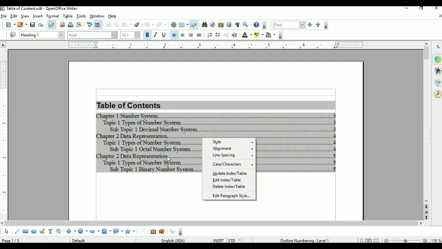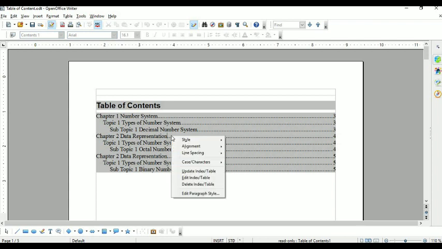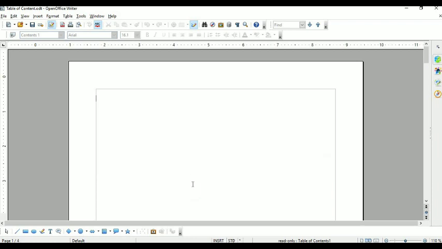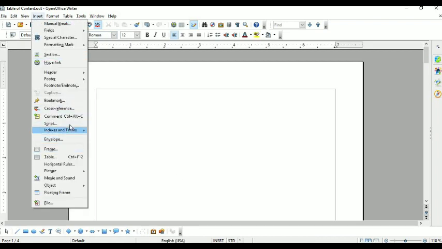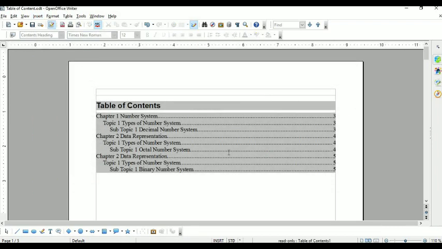How will you delete this? You can delete simply by right click on it and then index and table. Once you click on this option, your table of content will be like this. Again, if you want to get this table of content, go there, then index and table option, then click like this.